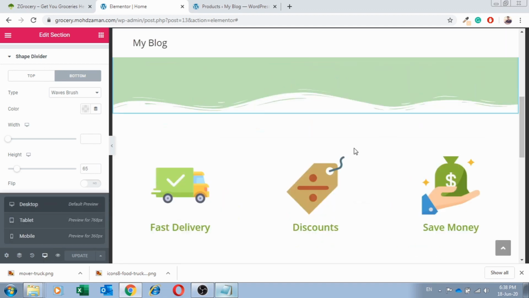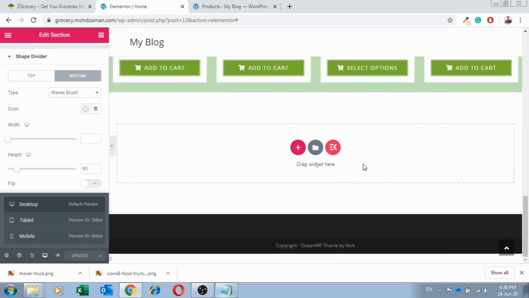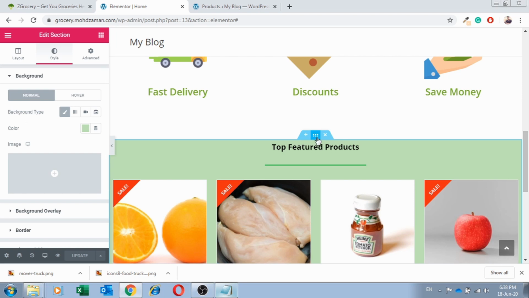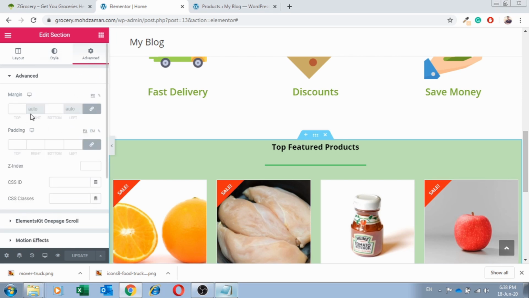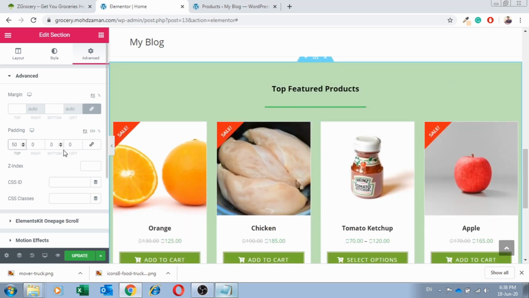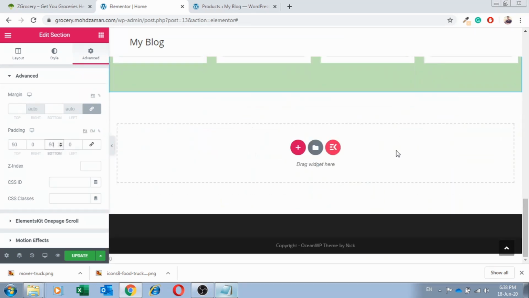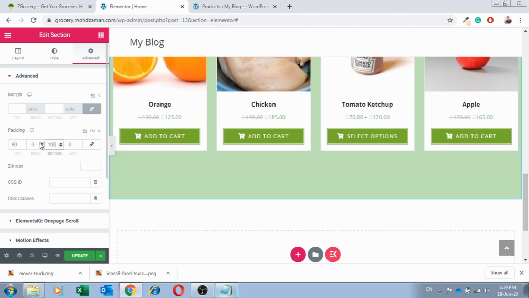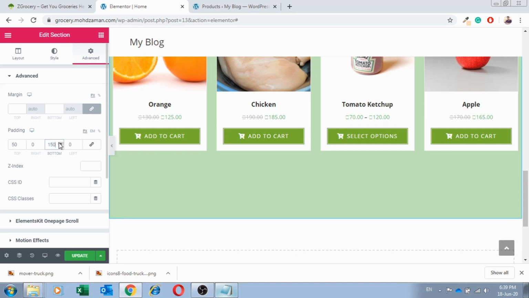Now go to desktop version, and in the bottom third section let us add some padding. To select the section, click on this 6 dots, come to advanced, first unlink this, and from the top we'll add 50 padding, and from the bottom also we are going to add 50. No, we'll add some more because we want to add a button also. Let's make it 150. Yes,